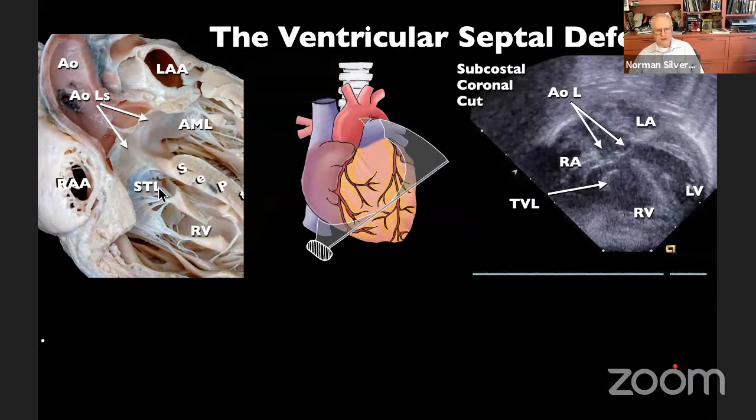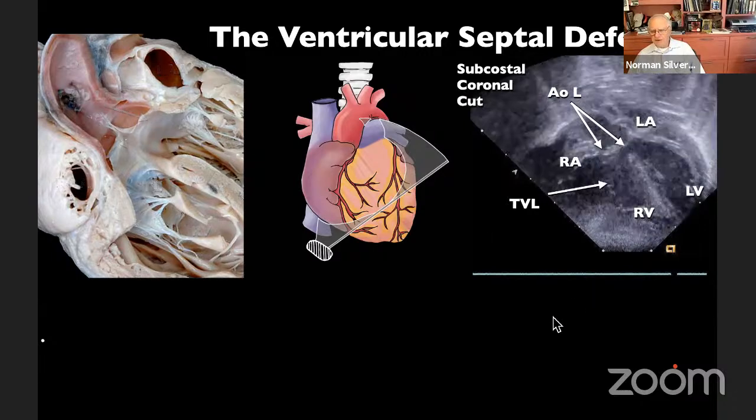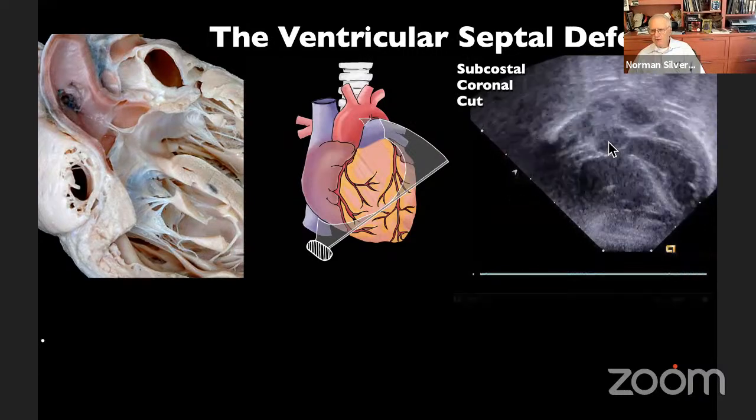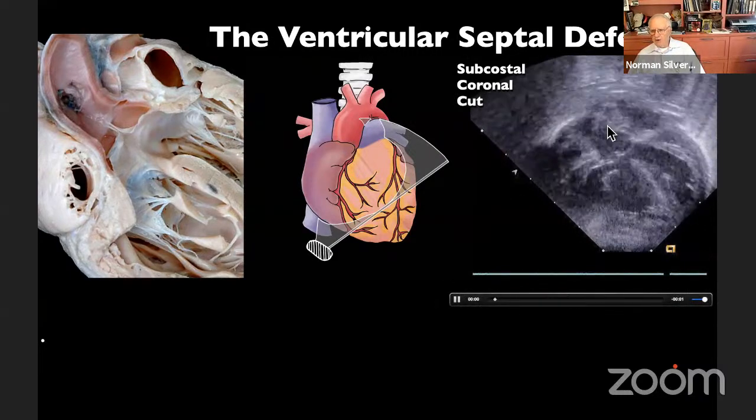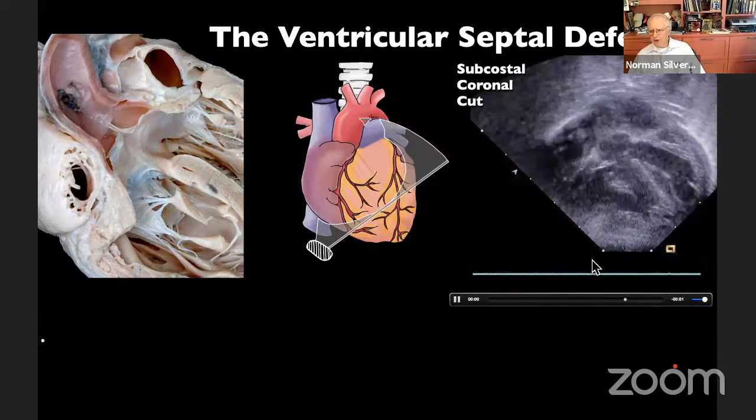Here is another specimen cut beautifully to show you this. Here is the so-called membranous flap. Here is the interventricular communication, and you can see the fibrous continuity between the mitral and aortic valve, which is the hallmark of the perimembranous extension. And these are the right atrial and left atrial appendages, which have been cut in actually a perfect 4-chamber view, and compared to the echocardiogram that we see here that shows all of those features, including a beautiful left coronary artery arising off the sinotubular junction.